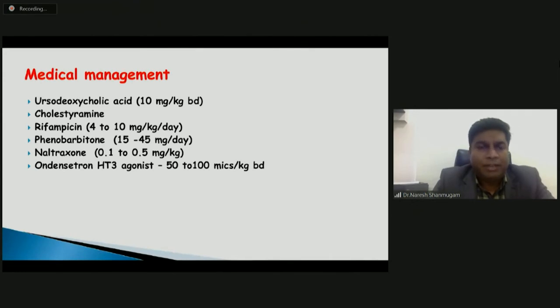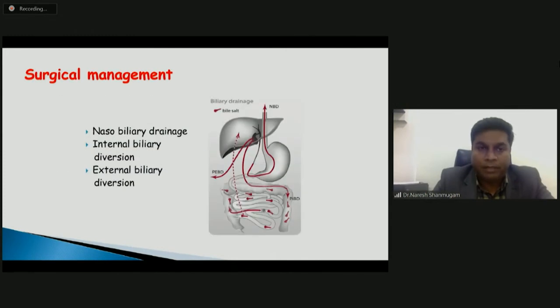And the initial management is medical, and the main problem is itching. If we can alleviate itching and the liver is not cirrhotic, they can get away with medical management. But 50% of children would require transplant because with medical management they might fail. One more type of management is diversion. Here, what we do is connect a small loop of bowel to the gallbladder so that we can make a stoma and drain it externally, or connect it to the transverse colon so that the bile secreted bypasses the ileocecal junction